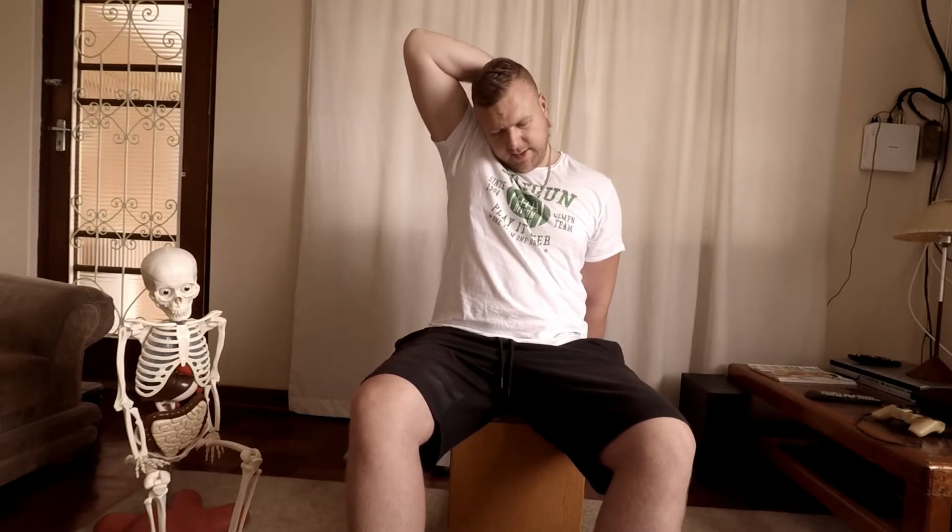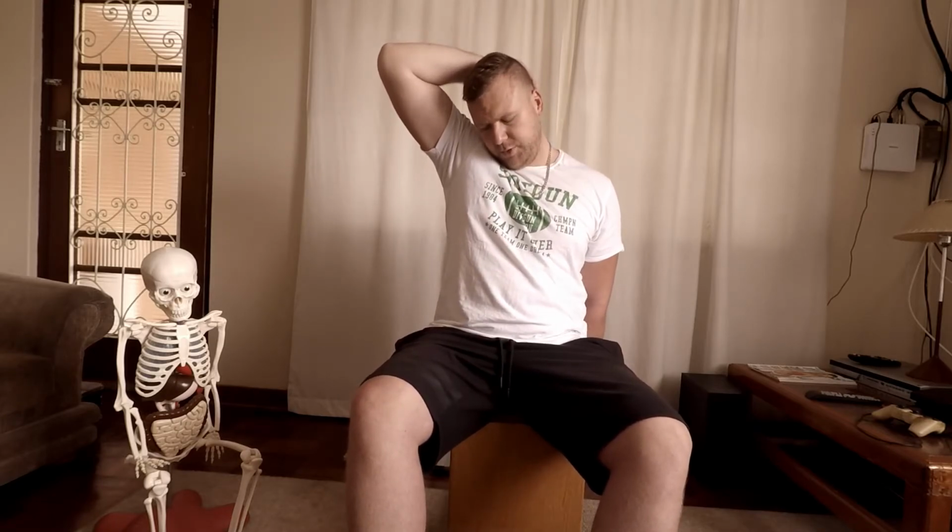Now you want to go a little bit lower at the base of your skull, and just pull again. Now the lower you're pulling, the more tension you're going to feel in the levator scapula. So we're going to do 3 sets. We're going to start up here, pulling down for 5 seconds, relax, go a little bit lower,